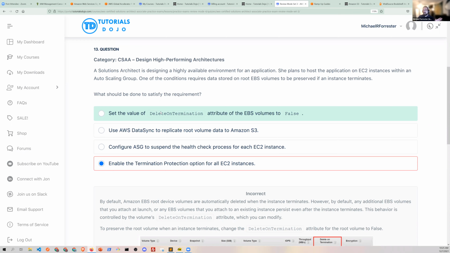This in general, by the way, is also a huge point of cost overrun for people because they'll have a bunch of unassociated EBS volumes just sitting in their set that no one knows what they're used for. So snapshots are a better option. But anyway, sorry, I wasn't really paying attention for a second, is that you want to make sure that you set the delete on termination attribute to false. Okay.